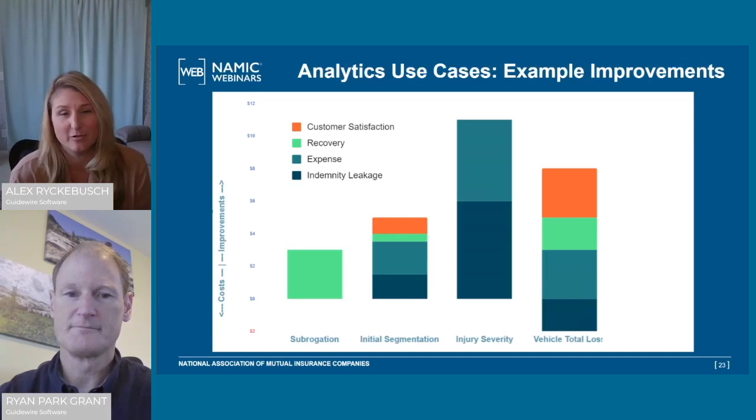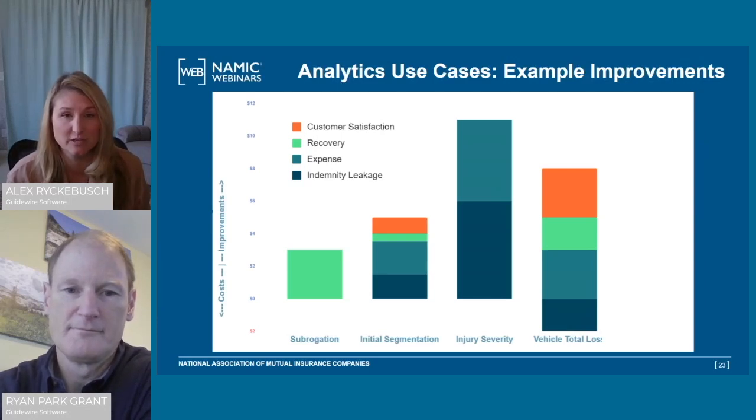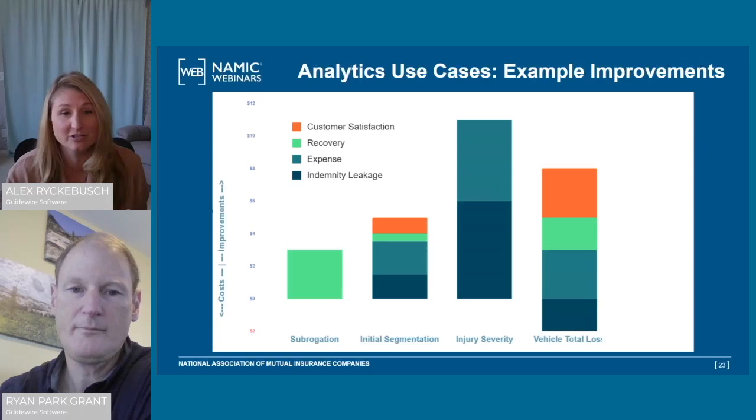Right. And an example of how a carrier might want to measure that is some of those components Ryan just mentioned, right? Are we able to have a savings on our total storage costs or our tow costs? What is our speed to resolution? We've had carriers with certain targets around, as soon as that loss is identified, we want to be able to cut a check in a certain time period and make sure that is moving along the process to help with that customer satisfaction component. They've gone through this experience and they just want to be able to move on. So those are all different ways in which you'd be able to baseline and start to see the return of that type of model.